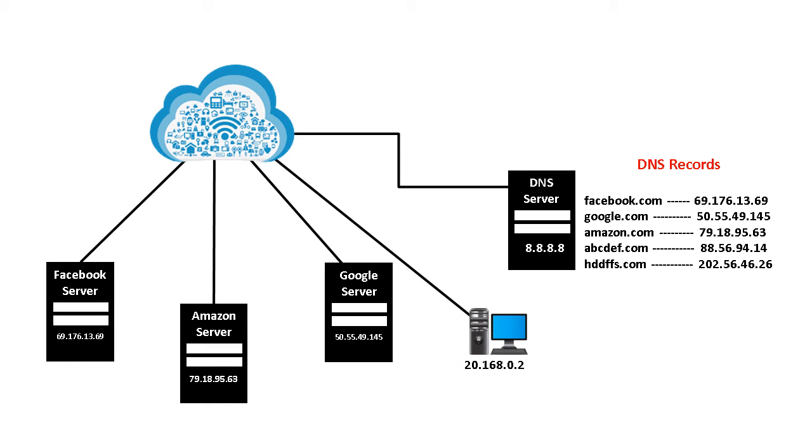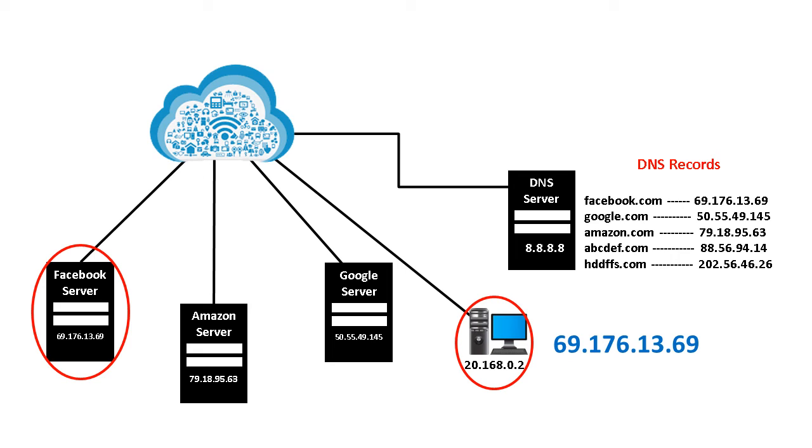If any system requests a resource from any server over the network through its IP address instead of the domain name, then the service of the DNS server will not be used. Therefore, the system can directly access another system over the network by searching through the IP address directly. If the same request is processed by using the domain name instead of the IP address, then the DNS server will play its role in between those two devices.